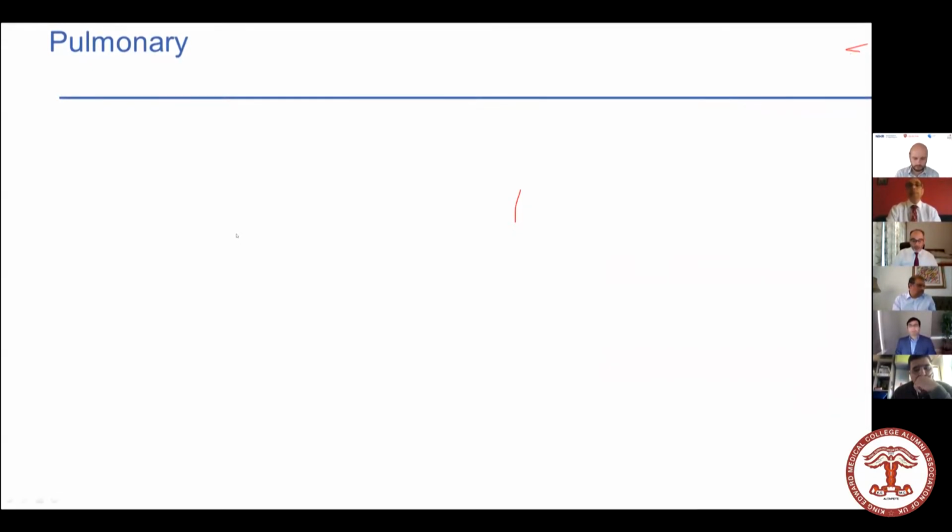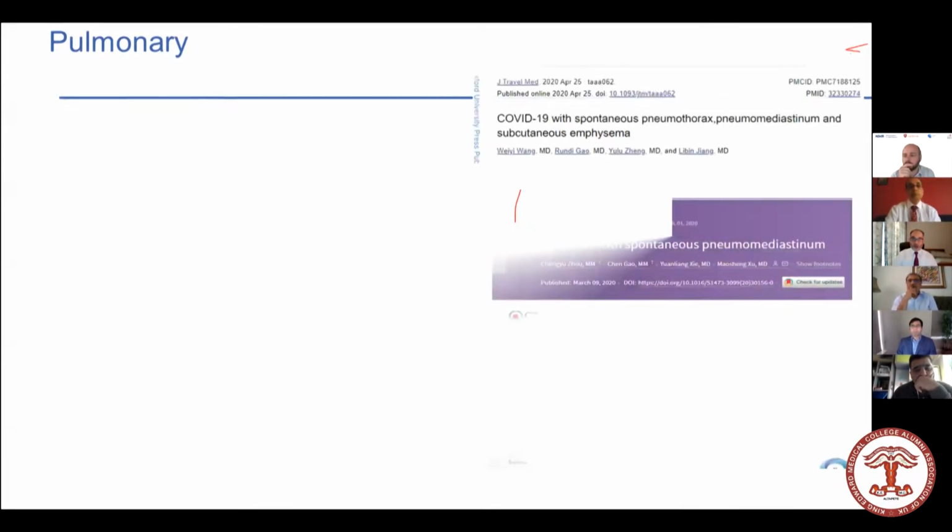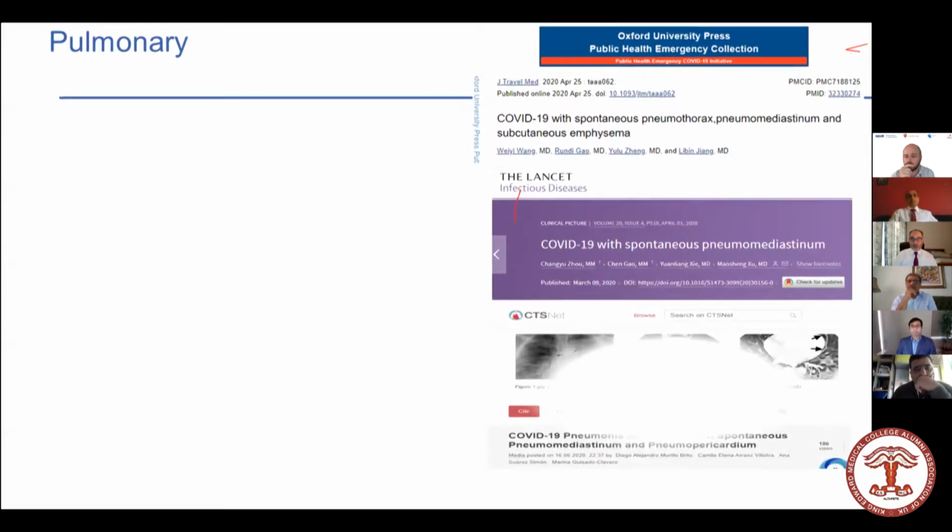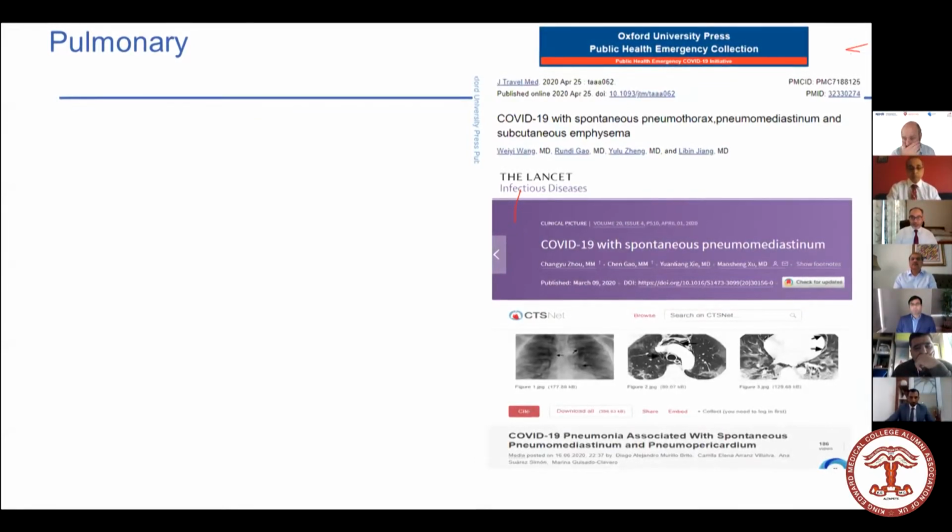I said in the beginning that we will not talk about the pulmonary because we think that the pulmonary symptoms are the usual COVID symptoms, common presentations, but can there be some uncommon presentations of pulmonary symptoms? Spontaneous pneumothorax, pneumomediastinum, spontaneous pneumopericardium. Again, we have seen more of these in patients with COVID-19. You can say that these could be secondary to intubations, BiPAPs, but when you compare with the previous data, they were not that much.